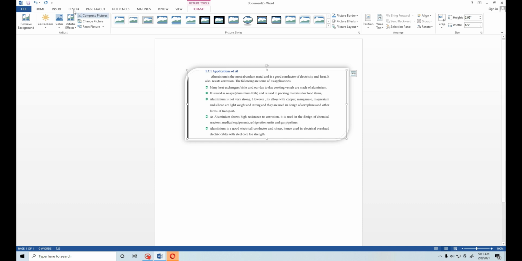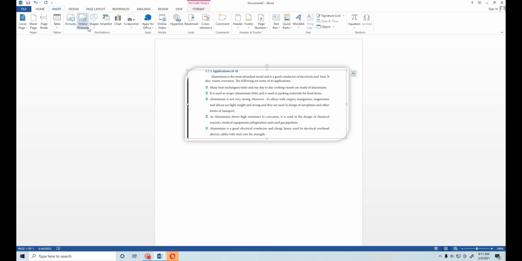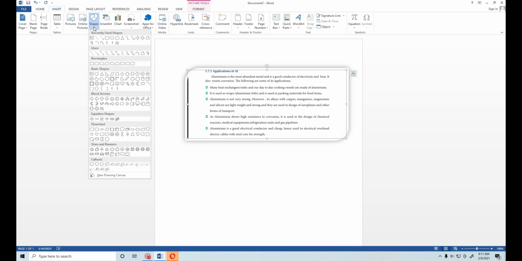These tools are in the Illustrations group under the Insert tab. They provide tools for creating shapes like lines, arrows, rectangles, block arrows, flow charts, stars and banners, and circles.